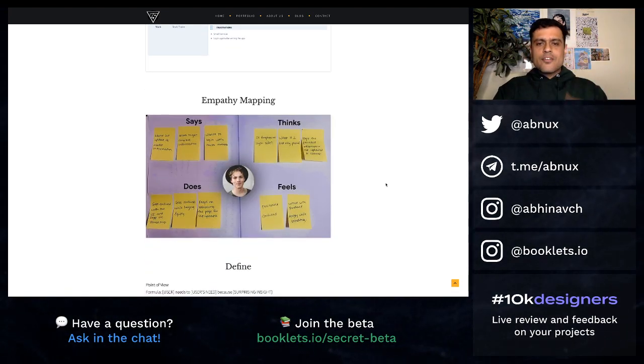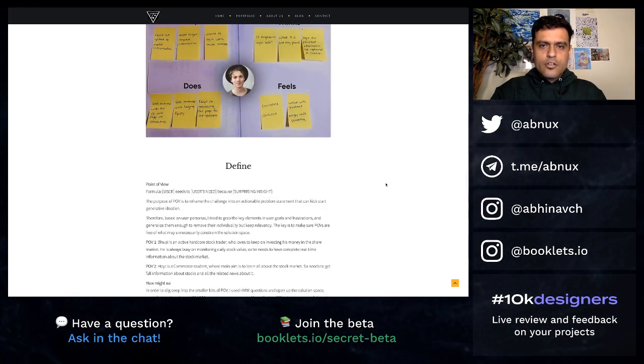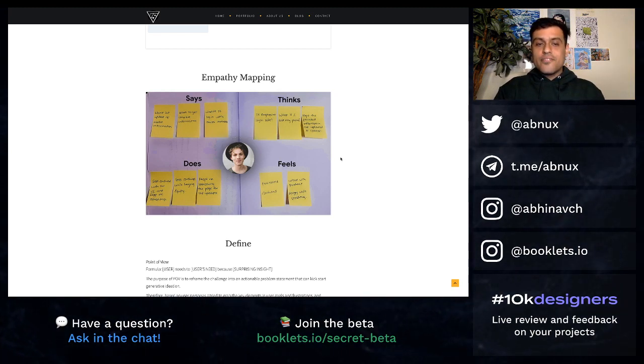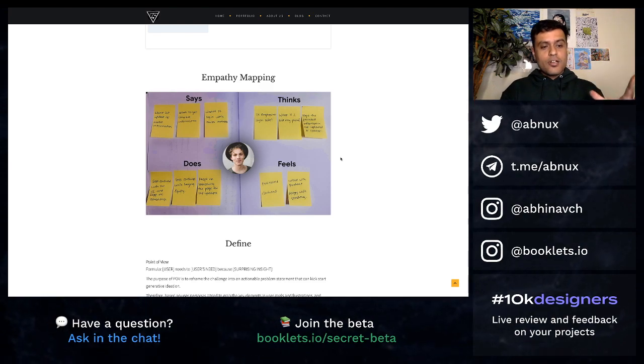So the next section here, empathy mapping. For each persona, I guess you've gone into what they say, what they think, what they do, what they feel. Now this is a framework that, now before I get into this, actually I want to say something very important, which is,